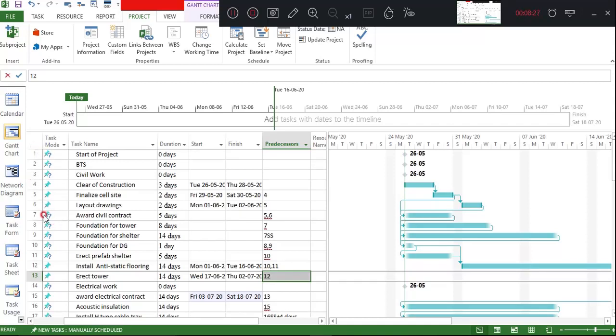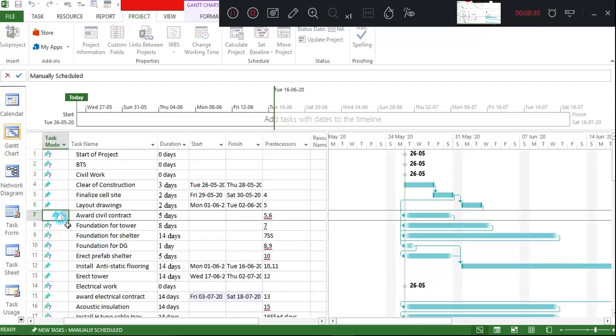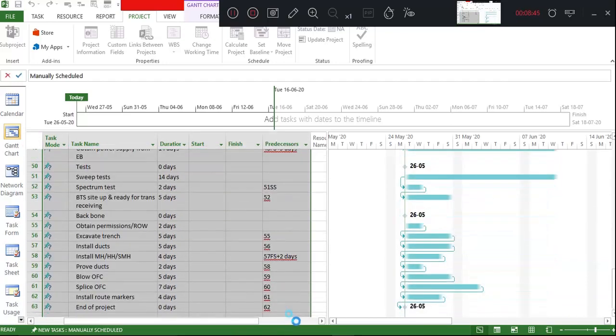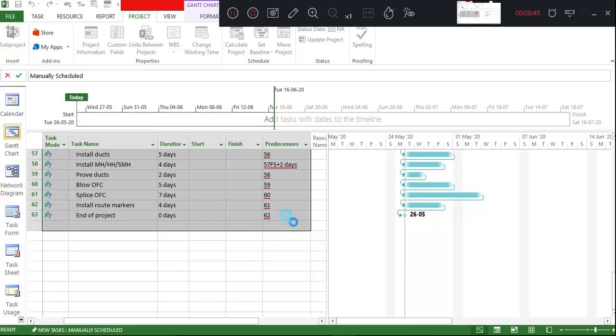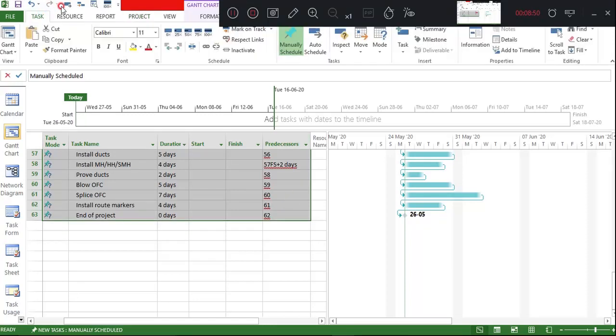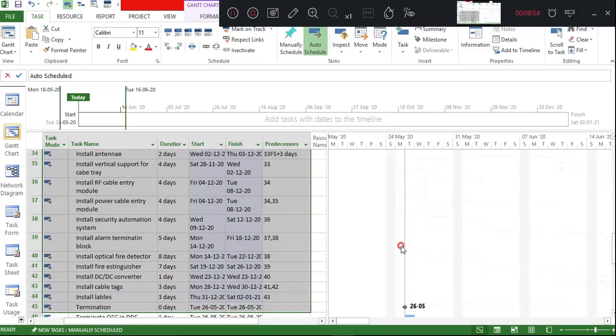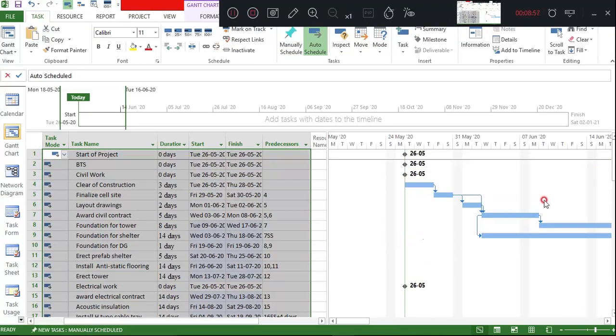For this, what I can do is either give it as manual scheduled here, and automatically it will get scheduled. You can start at a particular date and end at a particular date, or else what you can do is directly select all the activities, and here come to the task and you can give as auto scheduled. So once you have given the auto scheduled, you can see the tasks are pushed.